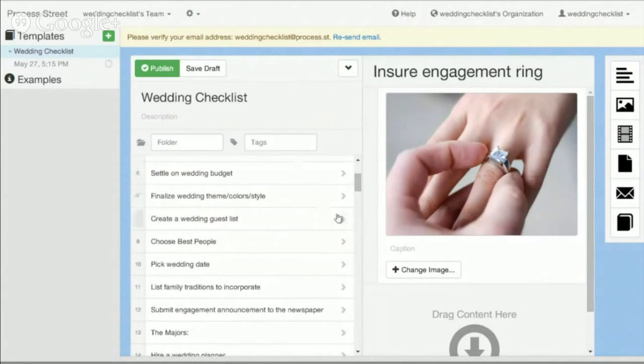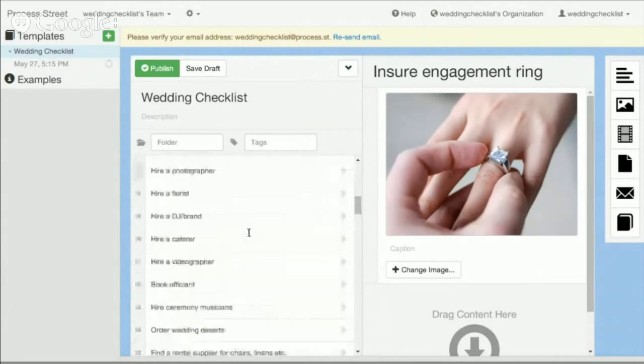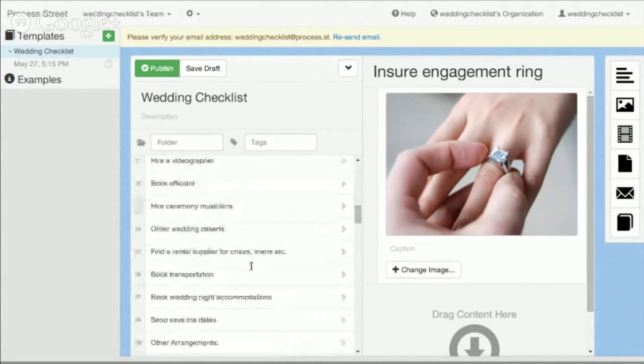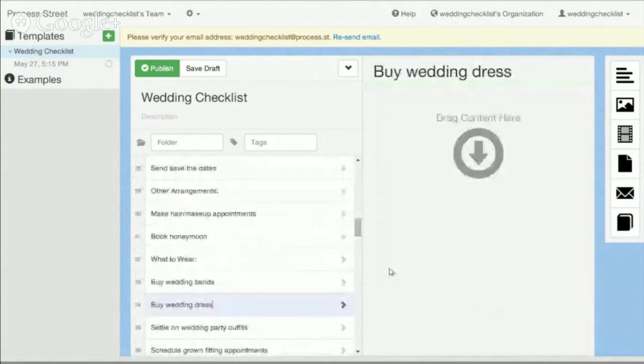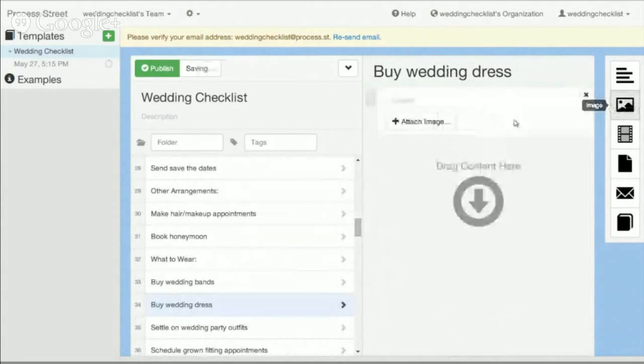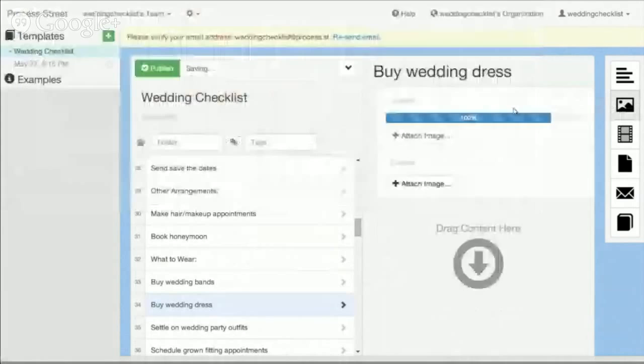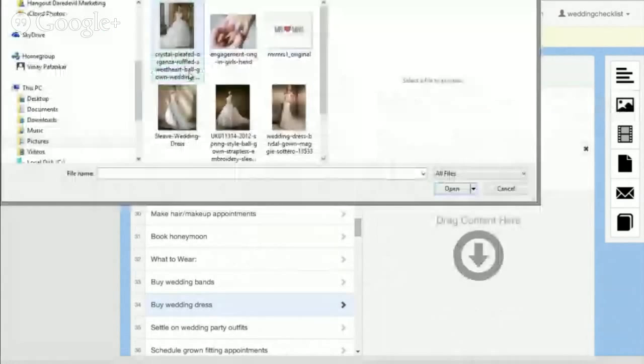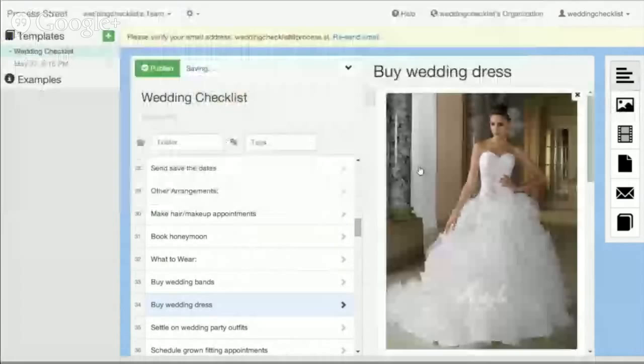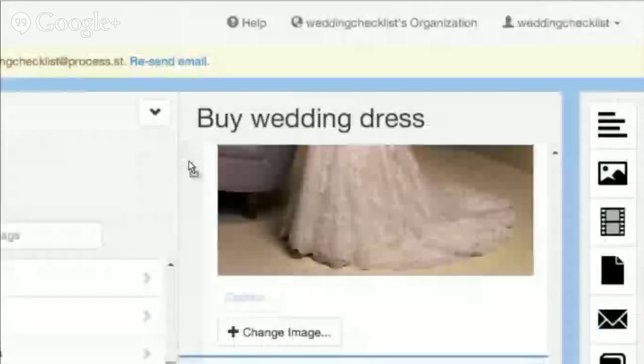So let's just say we were trying to choose a wedding dress. So I'd go down to the buy wedding dress section, and I could say, okay, what I want to do is get some people's opinions on these wedding dresses because I'm not sure. So you could add some images of different wedding dresses that you've been looking at and add in some content like